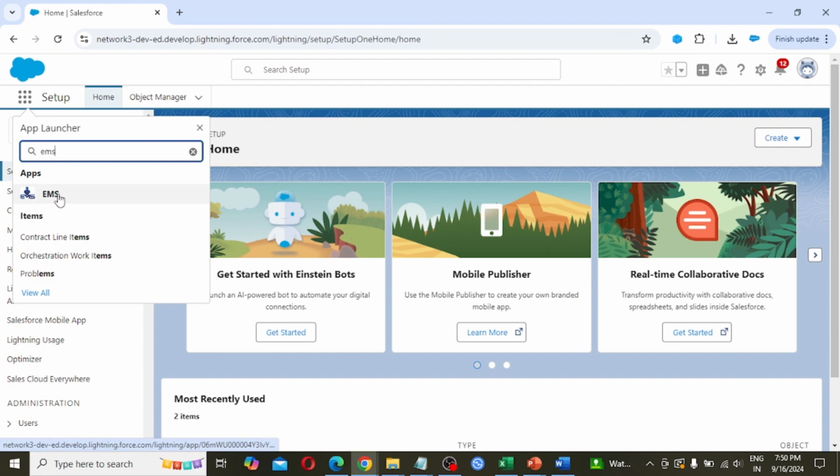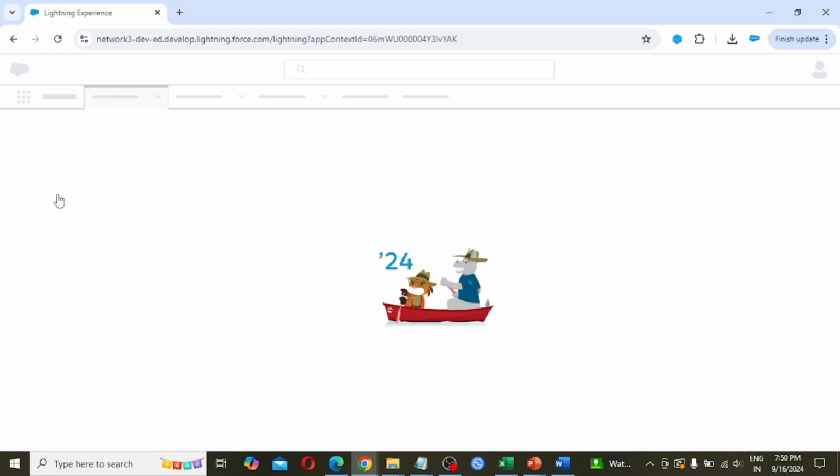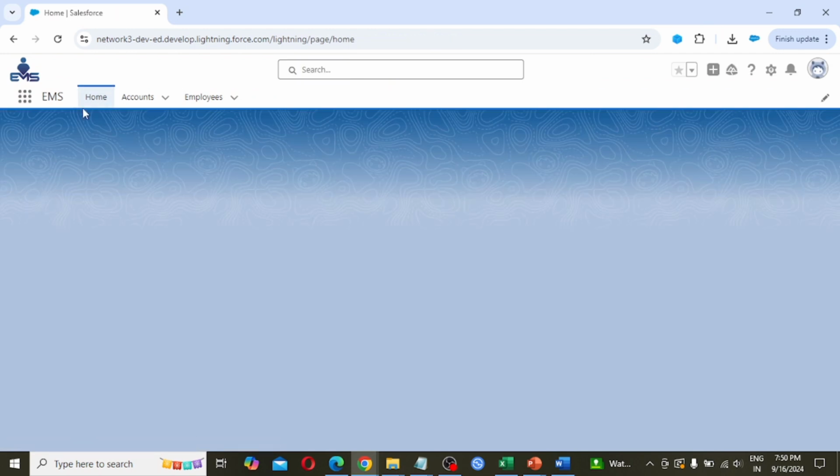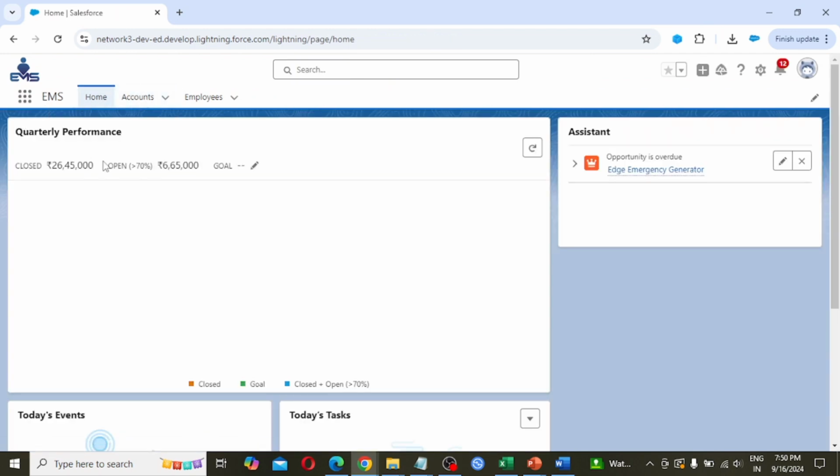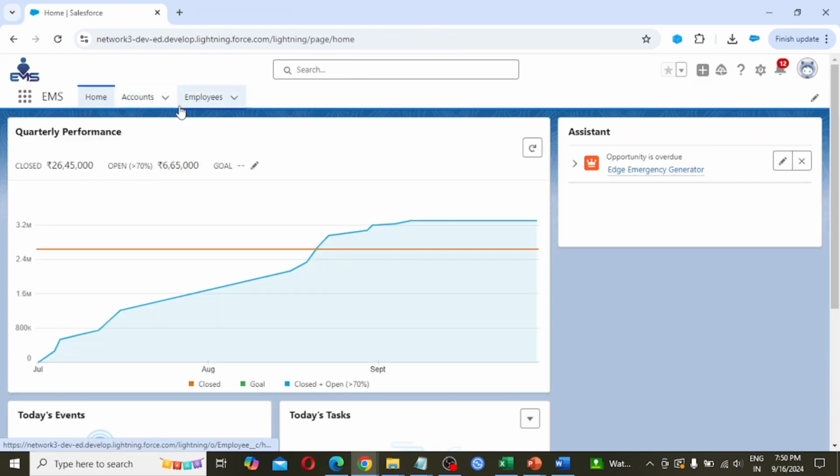Here our application is coming, Employee Management System. As we had created our employee object, this object is coming over here. Also, we had added a standard object Account into our application, and that object is also coming.